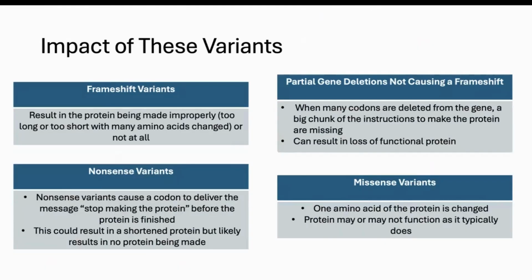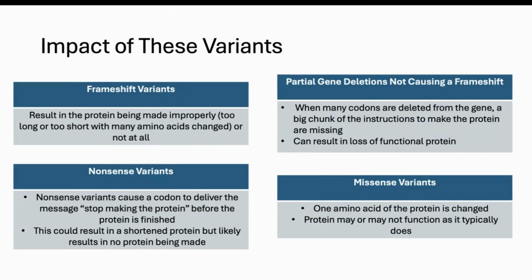Remember that MED13L syndrome is caused by haploinsufficiency. So if you have one of your two copies of the MED13L gene not making protein or making the protein incorrectly, it can cause the condition because half of the typical amount is not enough. All of the types of variants that we looked at on the previous slide can cause this, but it happens